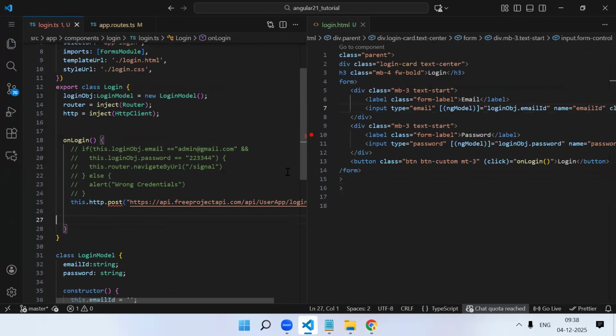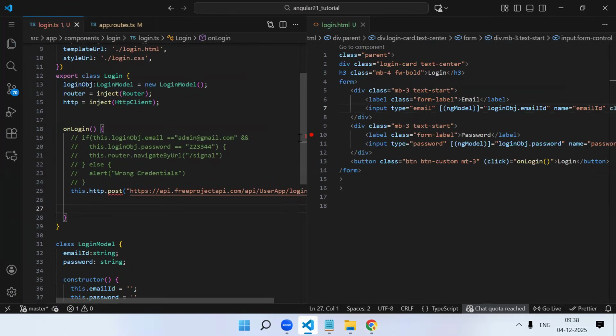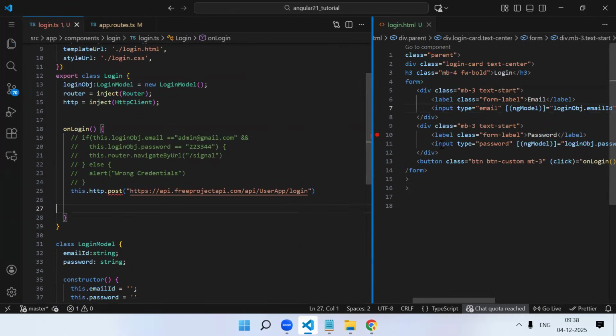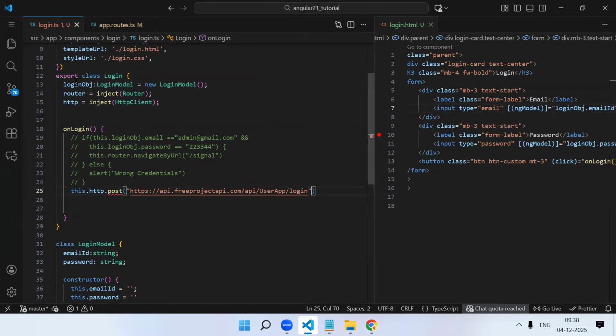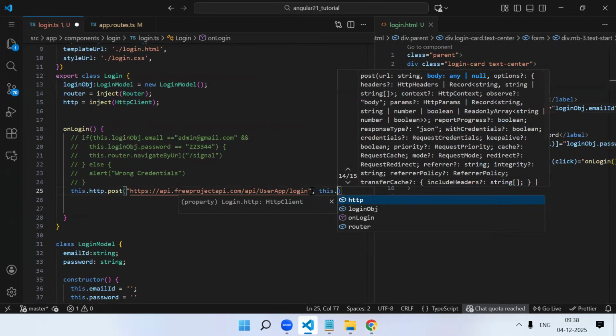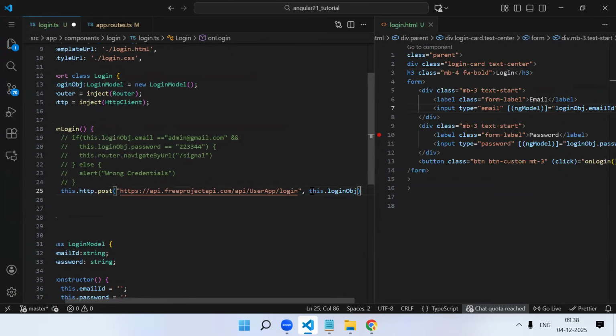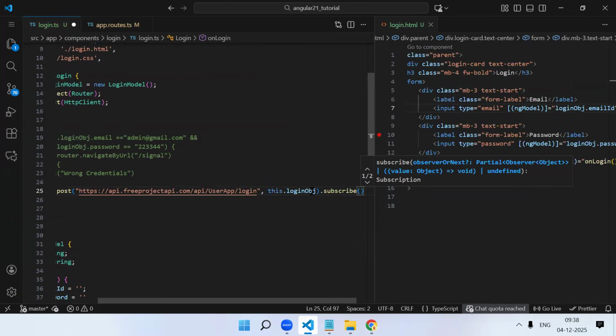Got it? Now our object is ready. Now this object, the object which you bound to the form, you need to send it over here. See, login object, this only you bound over here. So this will be your second object, this.loginObject. Then .subscribe, round bracket, curly bracket, next,